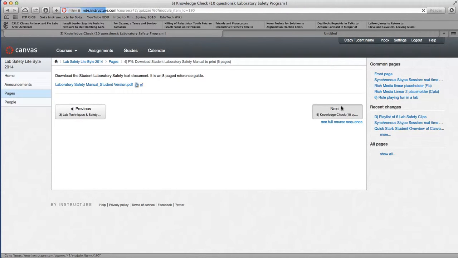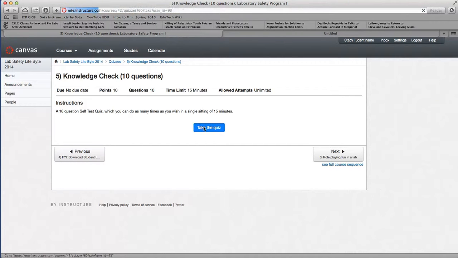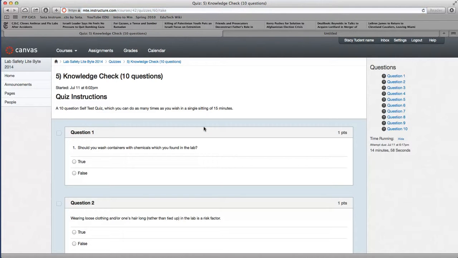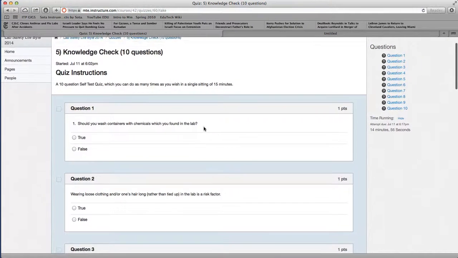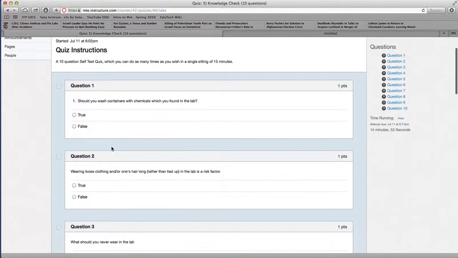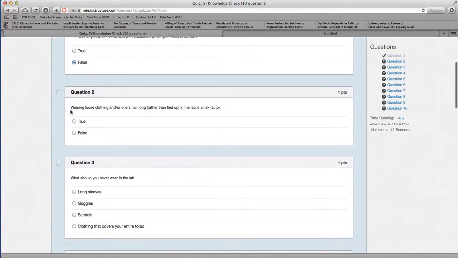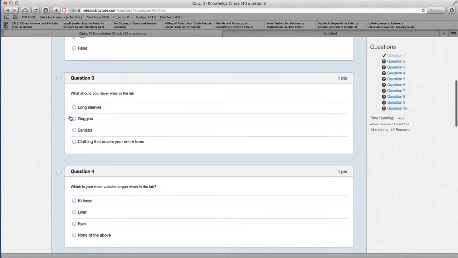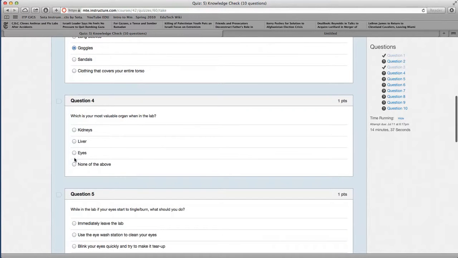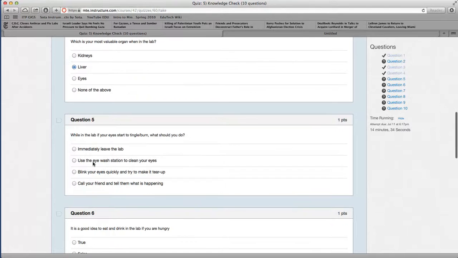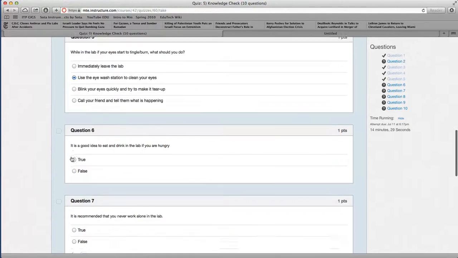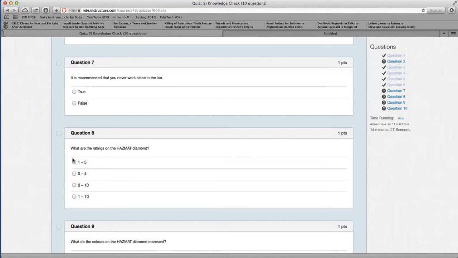Next, nearly finished, a little quiz to take. So this is about 10 questions, and I just go down. It's really a knowledge check for me to just see where I'm at, and also for the admin folks to check that you did some work. Should you wash contaminants with chemicals? True or false? We tend to notice if you've had some industry experience that you probably know the answers to most of this. That's what we found. So you would go through this,